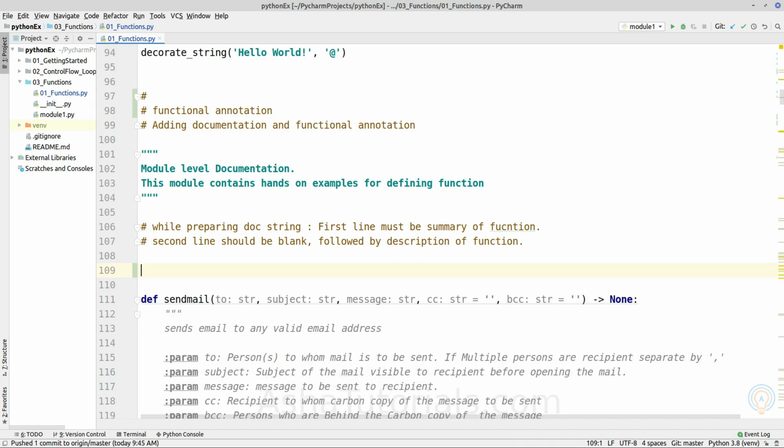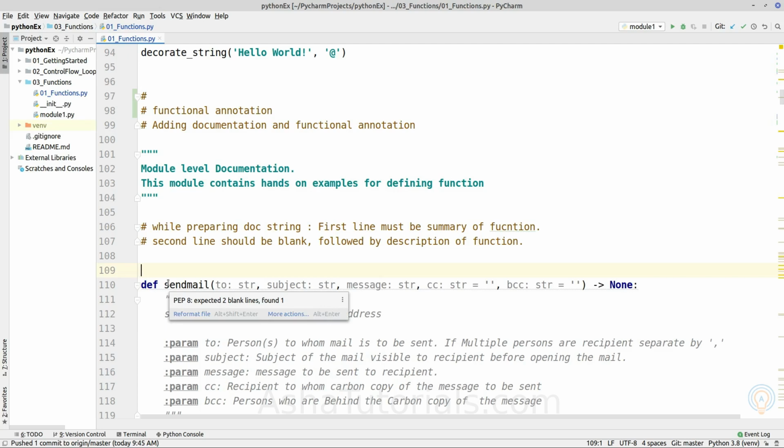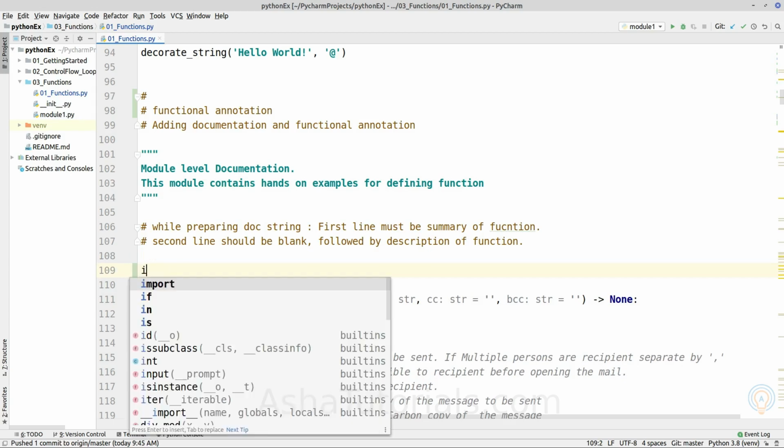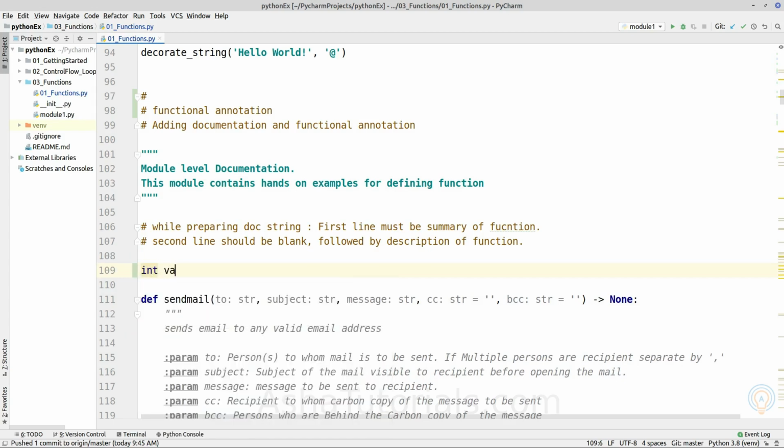In other languages such as C and Java, we need to define the variable type prior to declaring a variable, like int variable1, which will mark the variable to hold only an integer type of data, and if you try to assign any other type, it will raise an error.